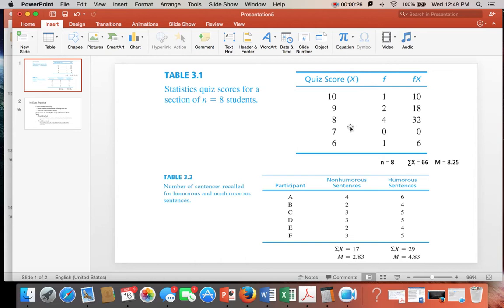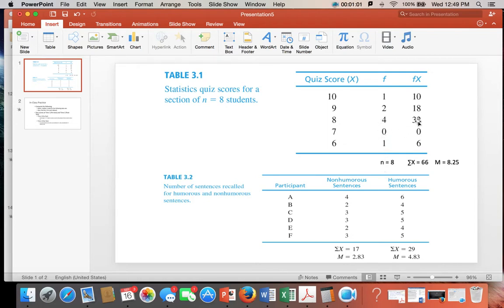In terms of how we would actually solve for our group average, this is the exact same table, or a very similar table, to the one that I demonstrated during the lecture. Here we have our scores that actually appeared on the quizzes, and the frequency of occurrence of each one of those grades. So 10 occurs 1 time, 9 occurs 2 times, 8 occurs 4 times, 7 occurs 0 times, and 6 occurs 1 time. The value of 7 doesn't really need to be there, but it is included, and it doesn't contribute to our sample size because